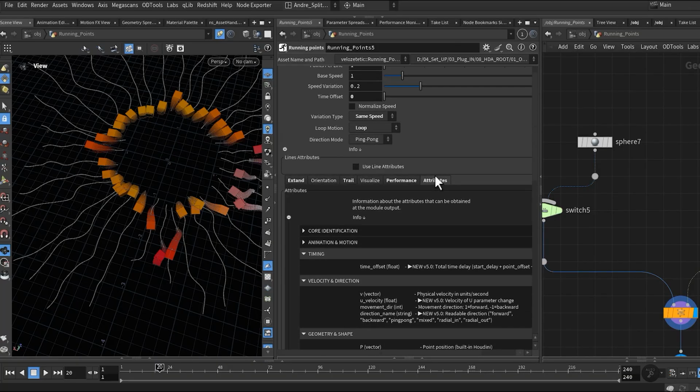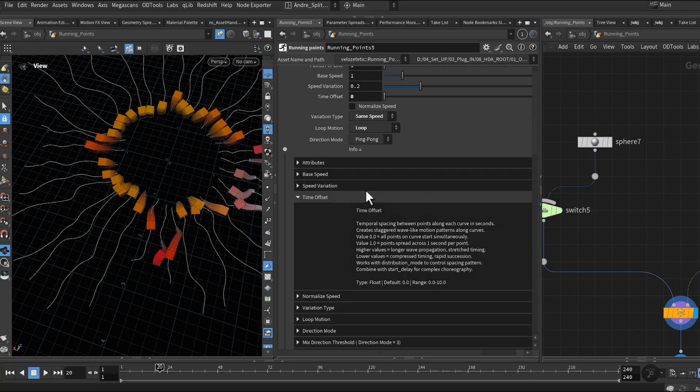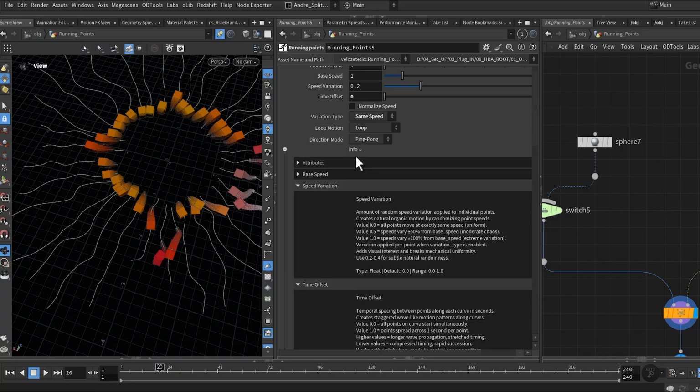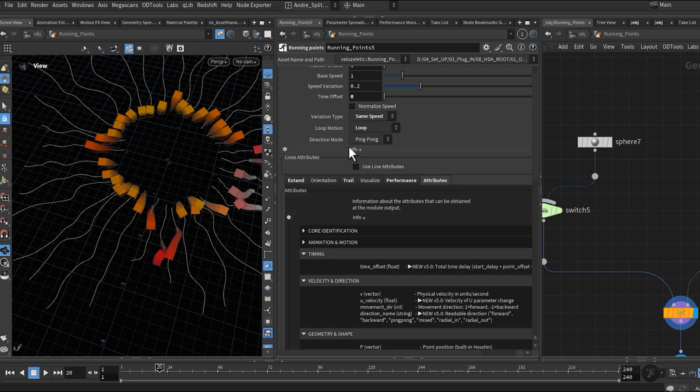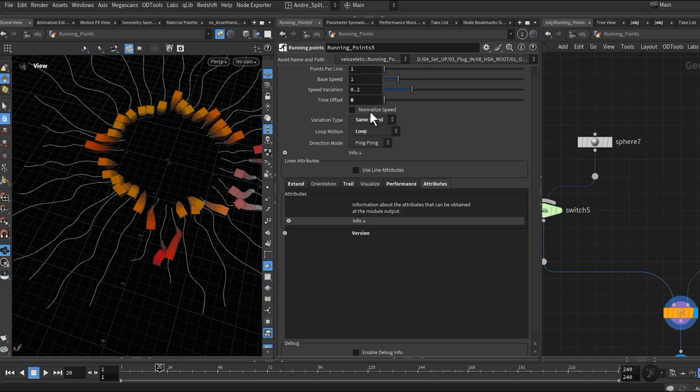Each parameter already has a detailed explanation written for it. You can find all these descriptions collected at the bottom of the section inside the info area.